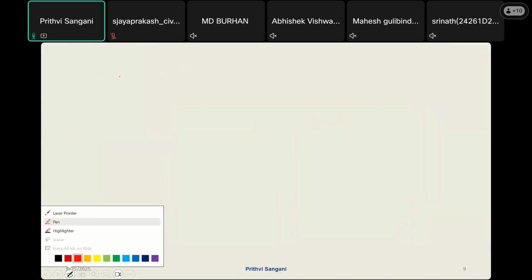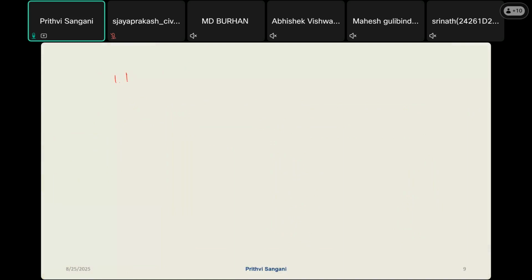So first one is material non-linearity. Second one is geometric non-linearity. Like I mentioned, material non-linearity is where you have different kinds of